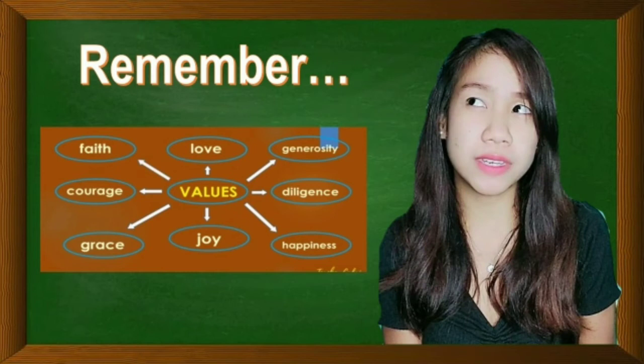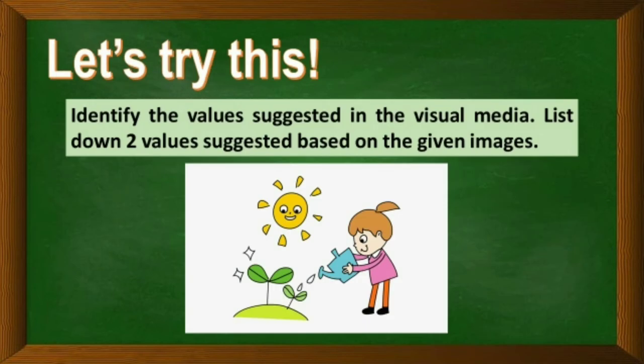if you can only use visual media properly and appropriately. And so in your examination, there will be a part where you have to identify the values suggested in the visual media presented. You have to list down at least 2 or 3 values suggested based on the given images. This is an example of visual media: the girl who is watering the plants, and the sun is very happy. That's just a simple illustration, but we can get a lot of values from this picture. One of those is the love for the environment,